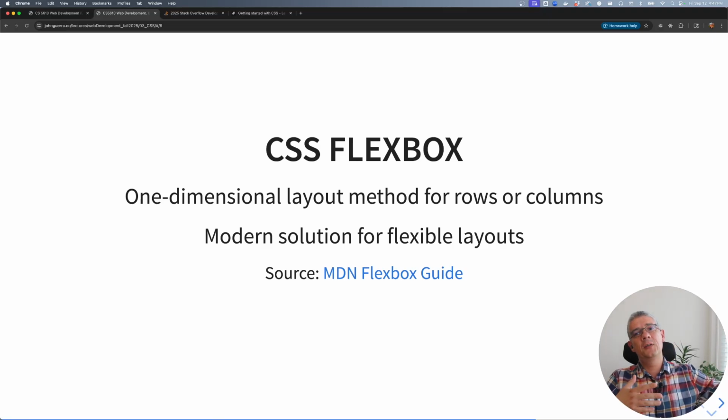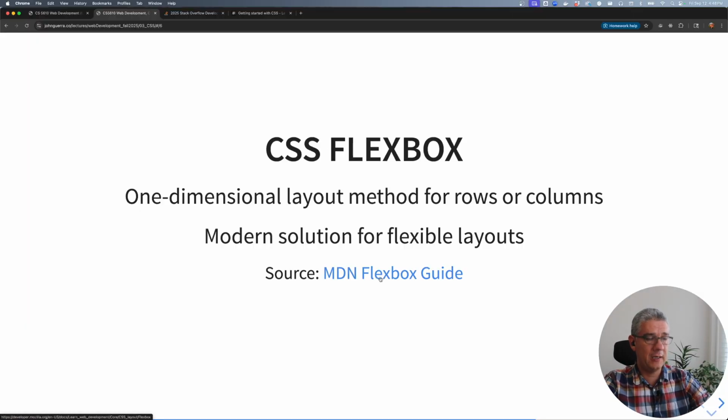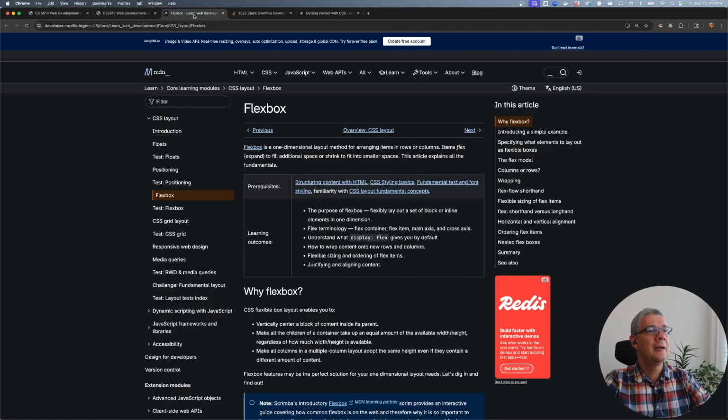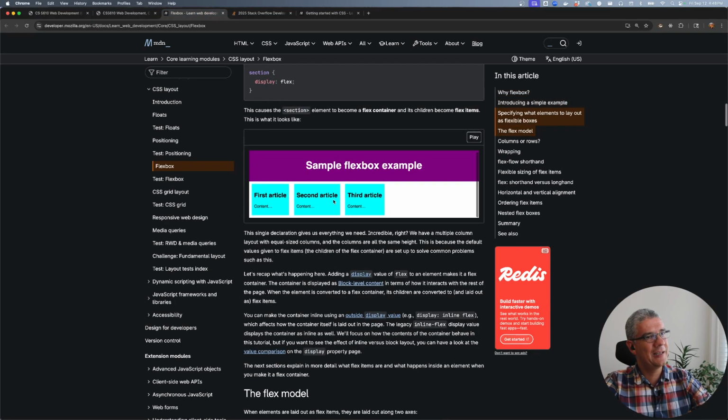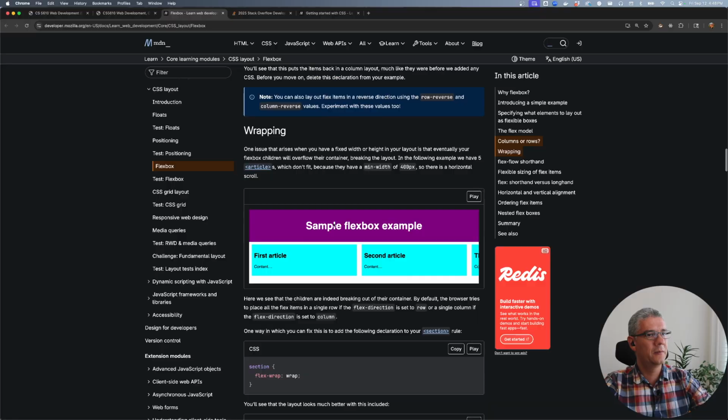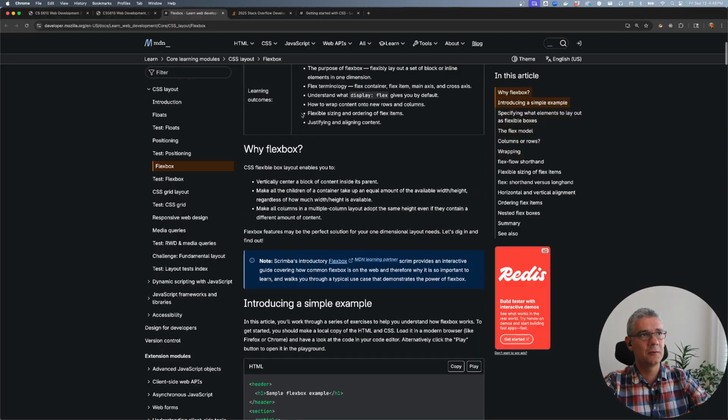Good, perfect. So now that we have spoken about all of that, there is another concept that is a little bit more recent. Well, no, I think it is already about 5 years old now in 2025, which is the Flexbox, and it's actually very nice and useful. Sadly, the guide that MDN has about the Flexbox is a little bit complicated, but it's a good resource